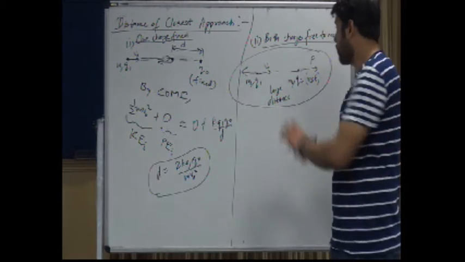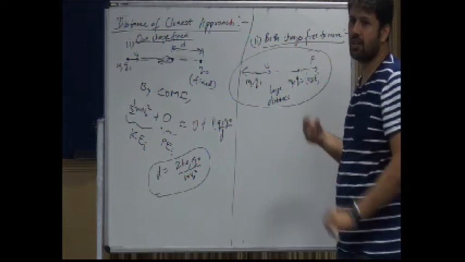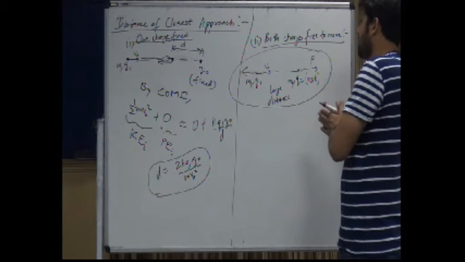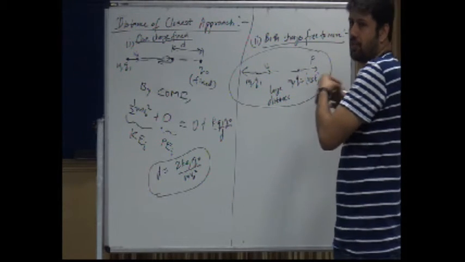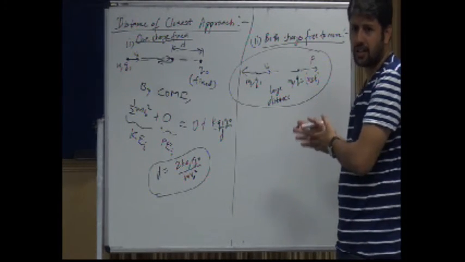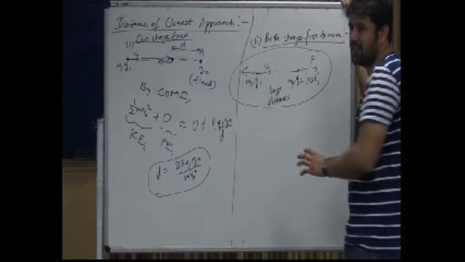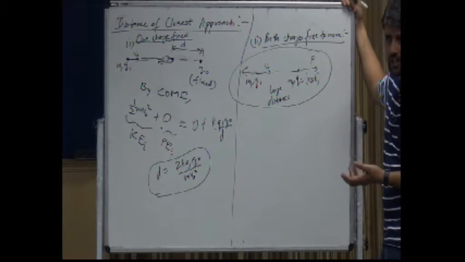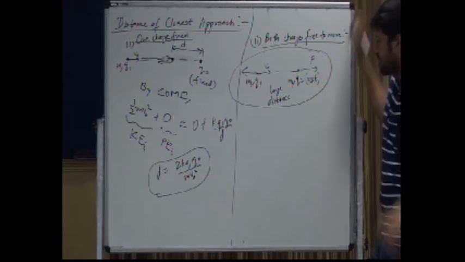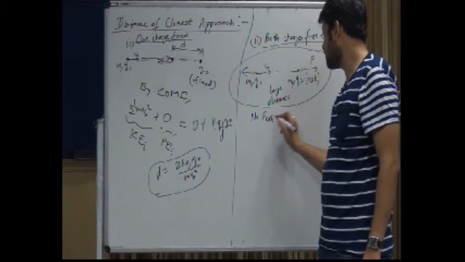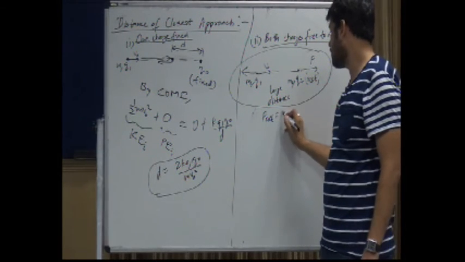Okay, since both charges are moving, we need to find the velocity, and the distance, considering the velocities and kinetic energy of both the charges. So we cannot do it directly; we need a little bit more detail. The detail is this: since there is no external force on the system, F external equals 0,